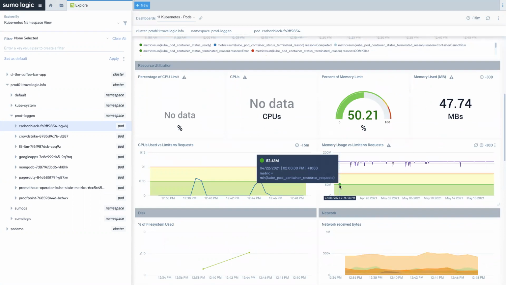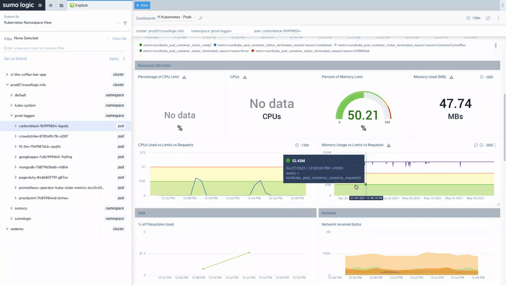So we're running into a problem which is relatively common, in that I can see my memory usage limits versus requests. Now, when a container is started, it makes an initial request for how much memory it requires.